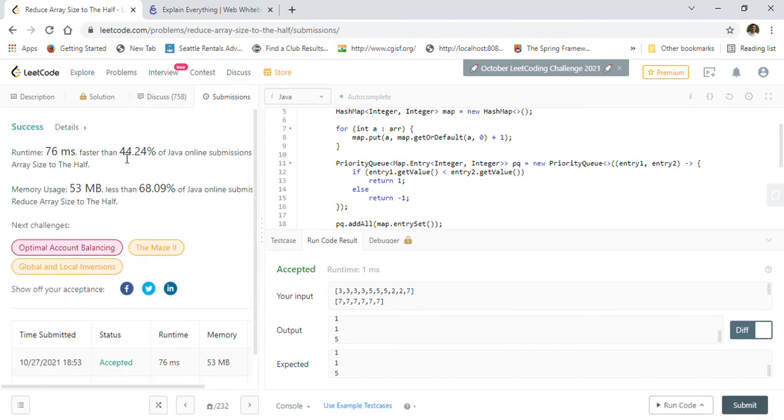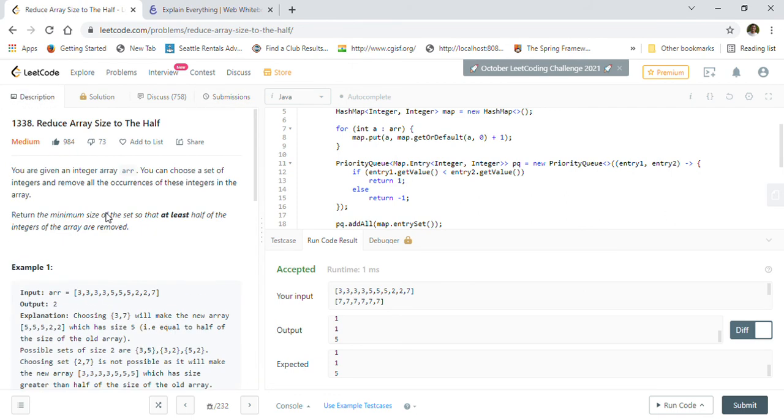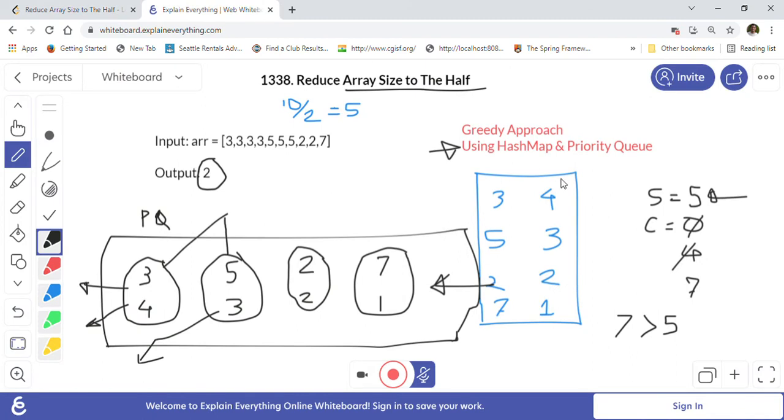So our solution is accepted by LeetCode, 44% better than other submissions and 68% better on memory, which is a decent submission. So this is the way we can reduce array size to half. We solved this problem using a greedy approach, using a hash map and a priority queue.